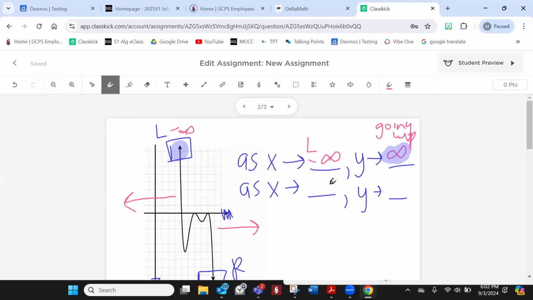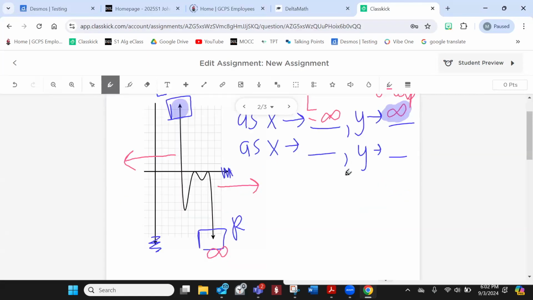All right, so now let's do the right side. If I got the left here, let's do the right side. Okay, so on the right side, what am I going to put here for right side? We named it already, positive infinity. So on the right side, what is the graph doing? Okay, now you need to look